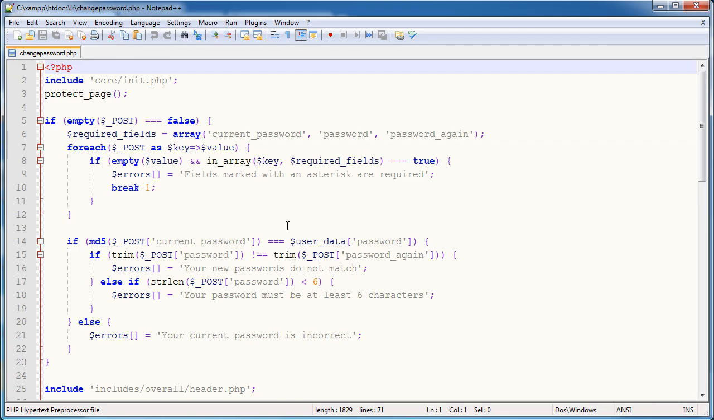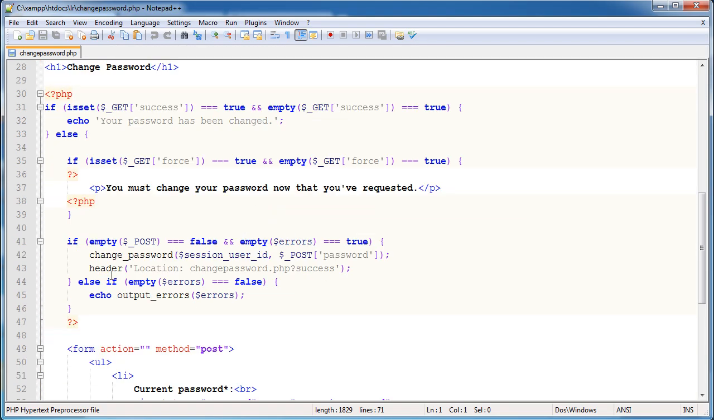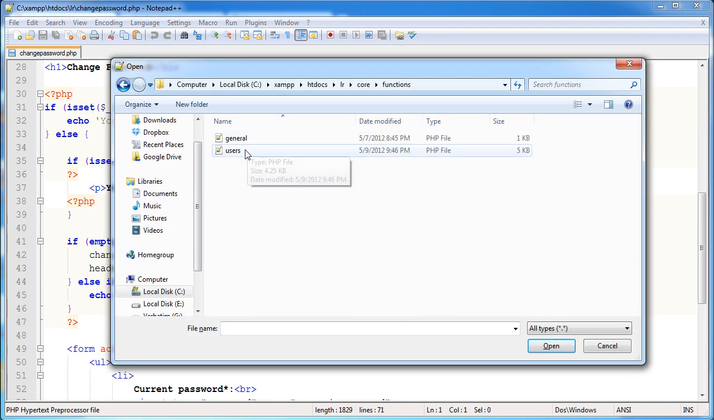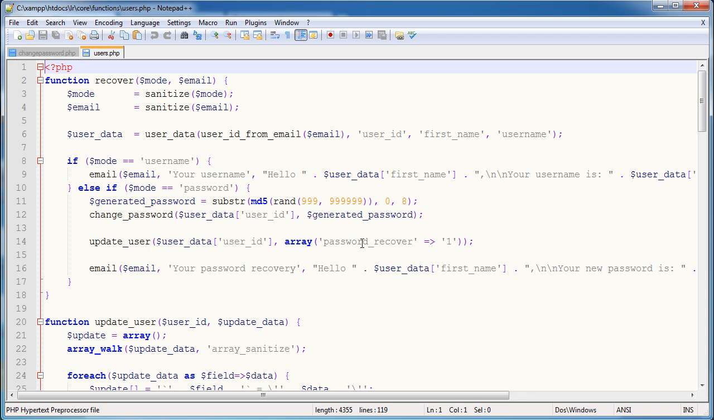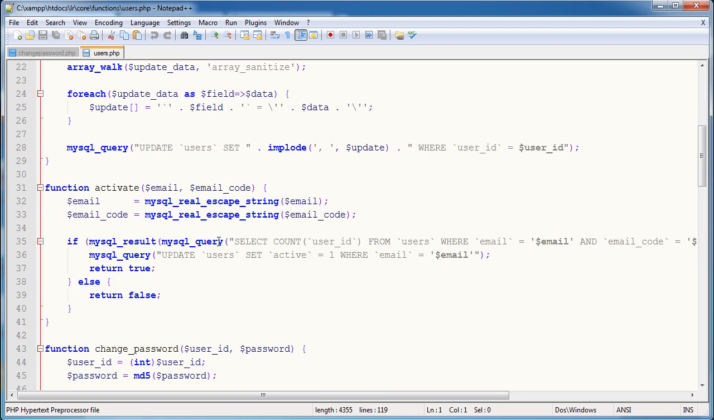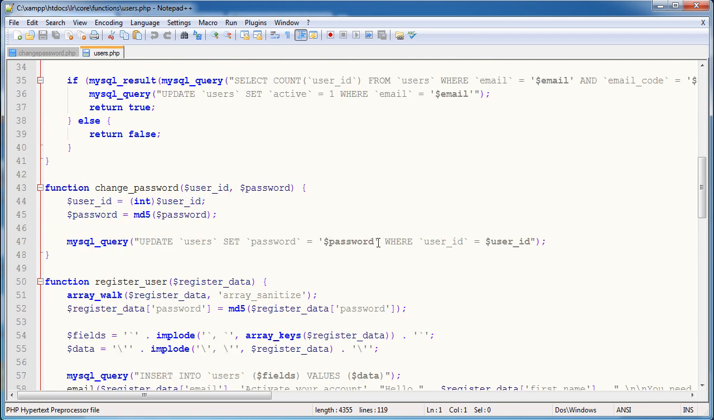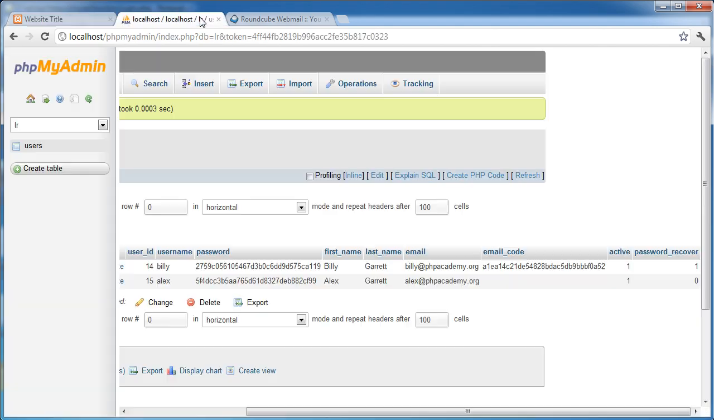So how do we do that? Well, easy. What we need to do here is the change password function, we just need to modify it to always set this value to 0. So let's go ahead and open up core functions users, and I promise this is the last bit. We'll just have a little summary after that. The change password function, if we scroll down, it says update users, set password equals password where user ID equals user ID. I'm going to say and, I keep forgetting what the field name's called. That's probably not a good thing. Password underscore recover